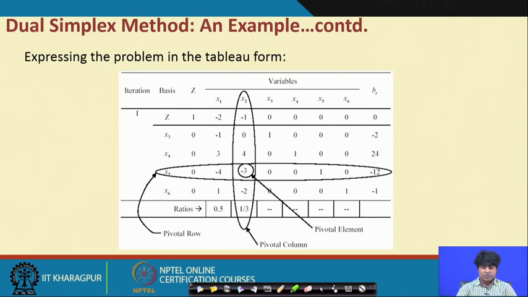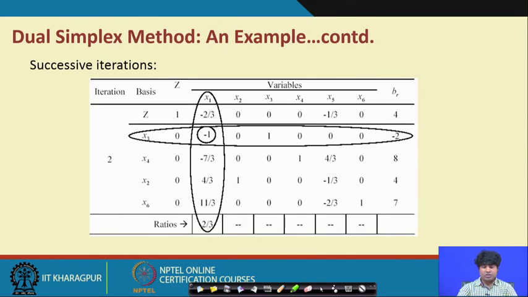And so after the first-hand iterations, the typical structure is that x2 will be coming in place of x5, and x5 will go to the place of x2. Then you will address the structure, again look for the optimality, and then accordingly you move to the second step here. In the second step, that is the improved version after the first